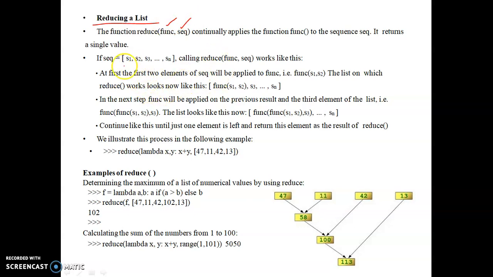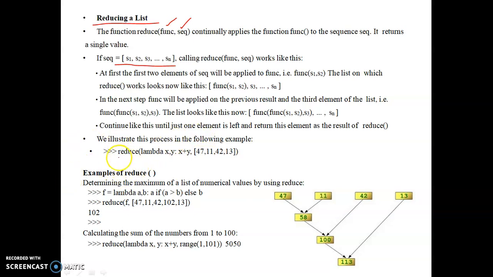The sequence is the set of values, and it is passed as a parameter to the function. Every time it takes one value from the sequence and applies the function, and the function result is returned from the reduce function.